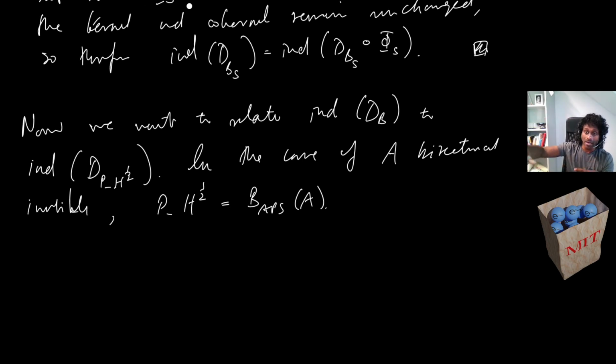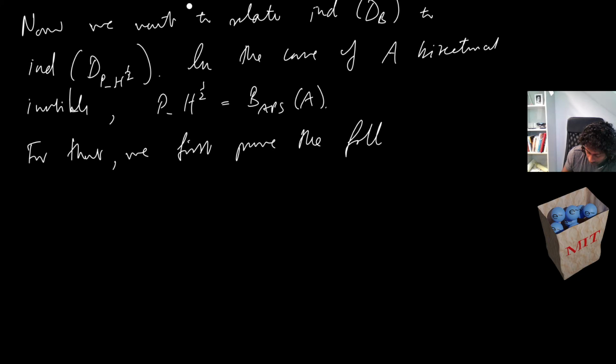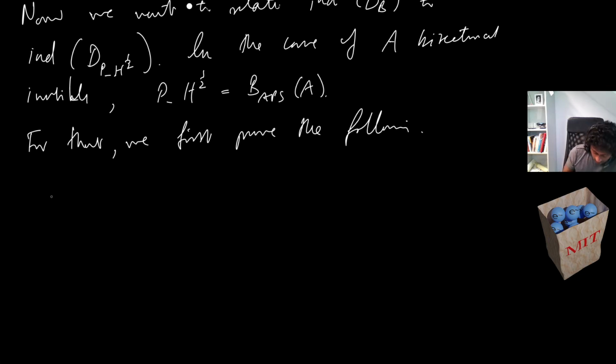We want to know that we can perturb our elliptic boundary condition now. We want to deform it to the APS condition, but we're going to have some error terms. So we need to compute those error terms. For that, we need this first lemma. We first prove the following. So lemma, it's an abstract lemma. So X is a subspace of Y, is a subspace of Z,